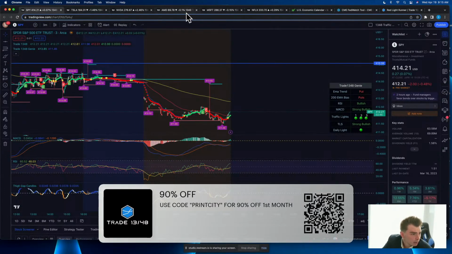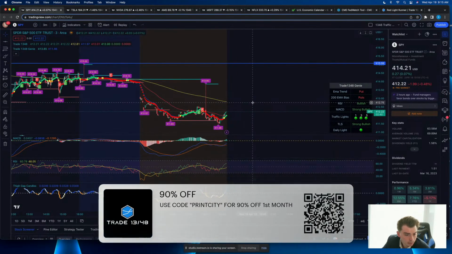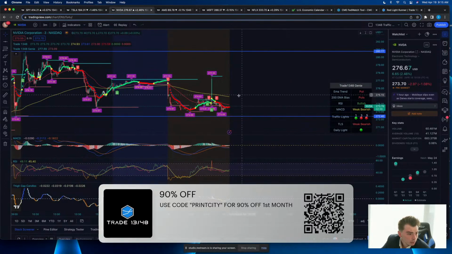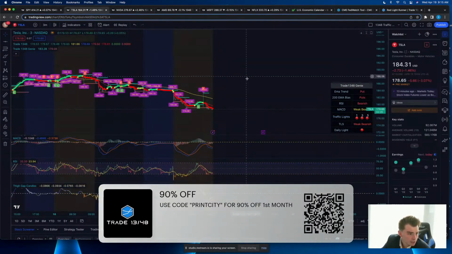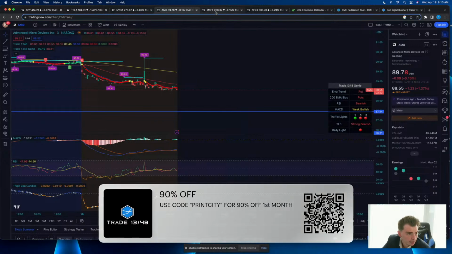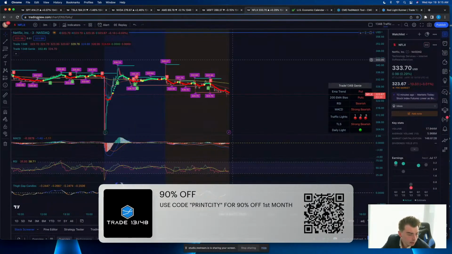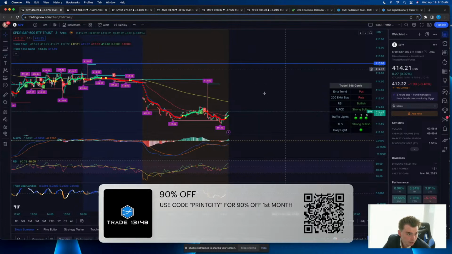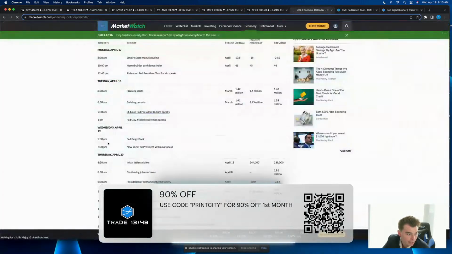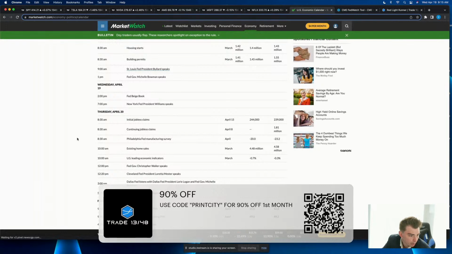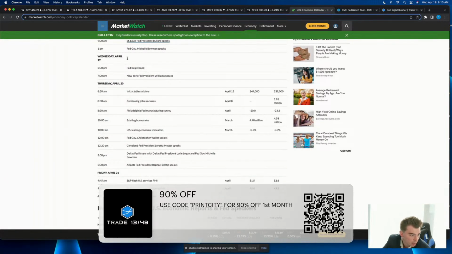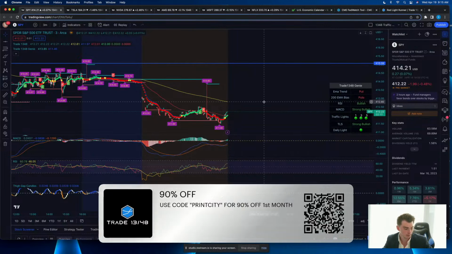I mean, you do have this 3-minute traffic light up here. I want to see what has a mind of its own, what gets that initial move, and see if we can hit something off of it. Because there's no data today. It's a slow day. Tomorrow we get jobs report and some other pretty big data, a lot of Fed speakers, and then Friday's pretty big with PMI.